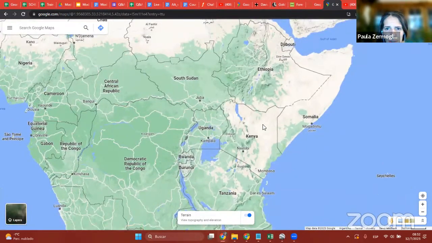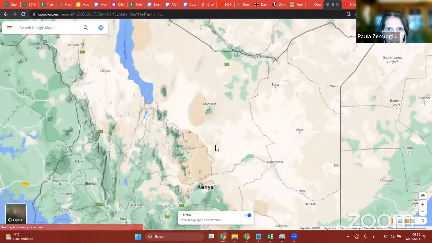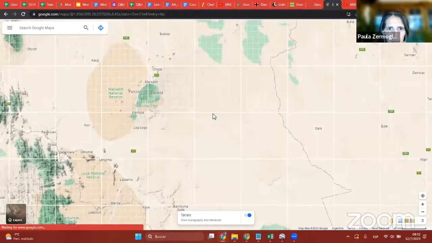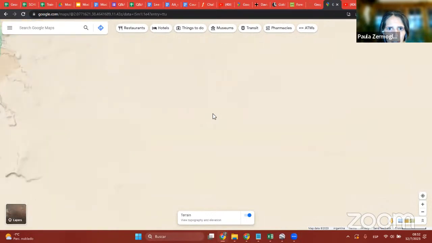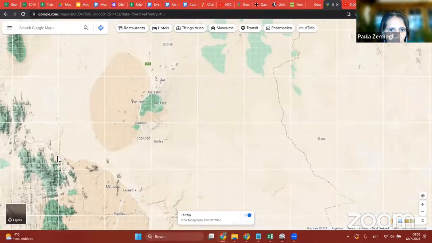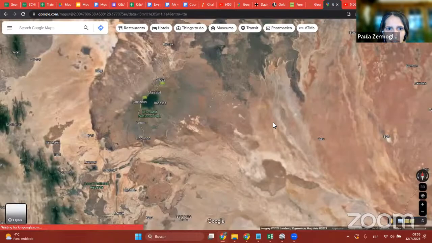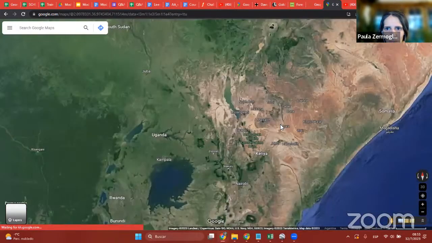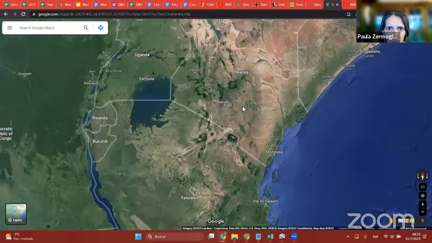That's what terrain is doing. And so I'm going to go to a mountainy area so that you can see when we have elevation, the terrain view enabled. Well, I'm not seeing what I want to show you. Wait a second. See if we can get some, let's go a little down. Okay,